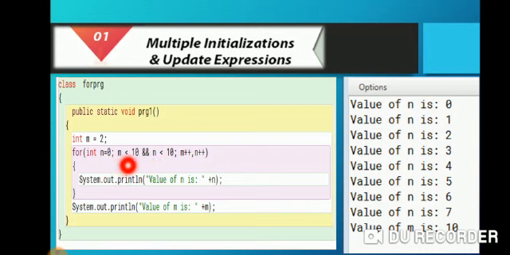This will actually result in a boolean value. Till the time this boolean value is true, the loop will be executed, and once it is not true, it will be false. So this is how you can give your multiple initializations and conditions and your update expressions. And the loop will work in the same manner till the time m is less than 10 and n is less than 10. It will print the value of n. You can see it has printed 0 1 2 3 4 5 6 7,